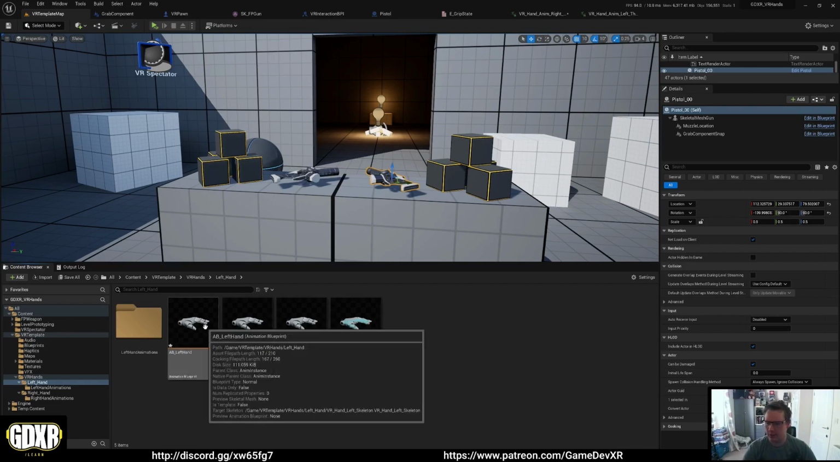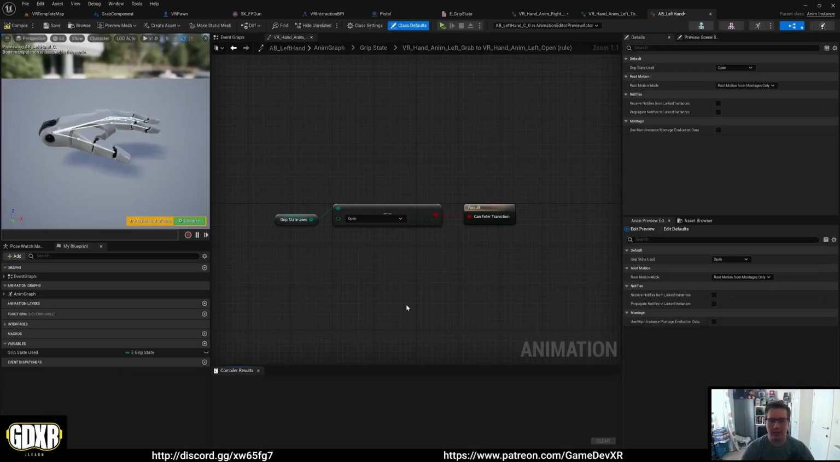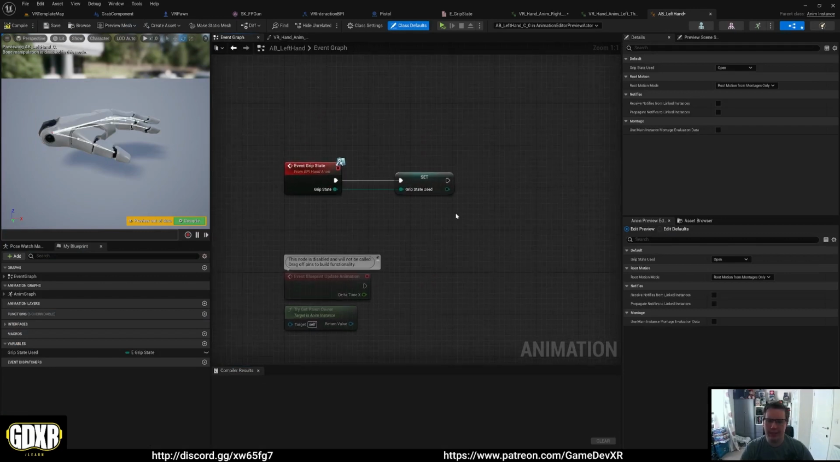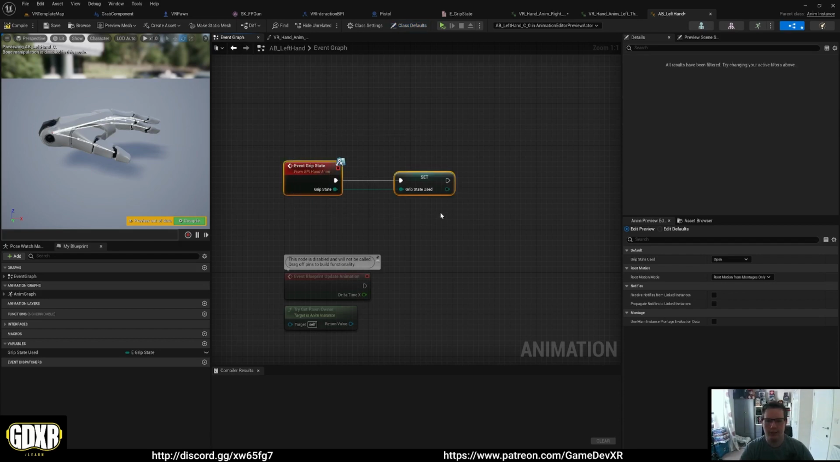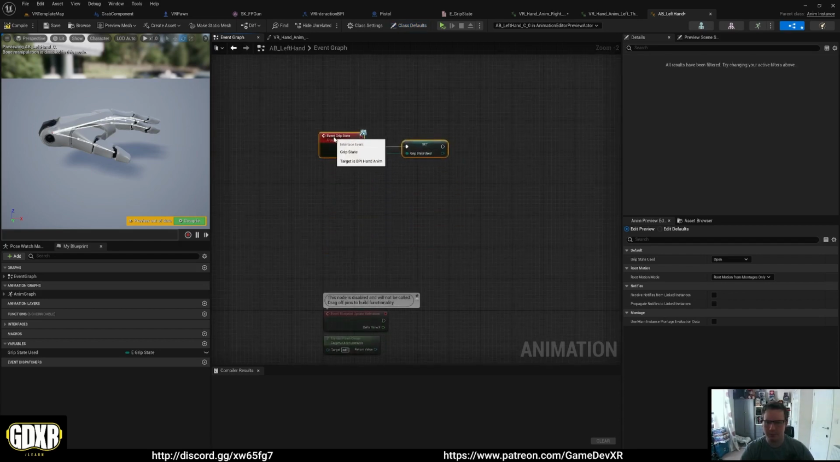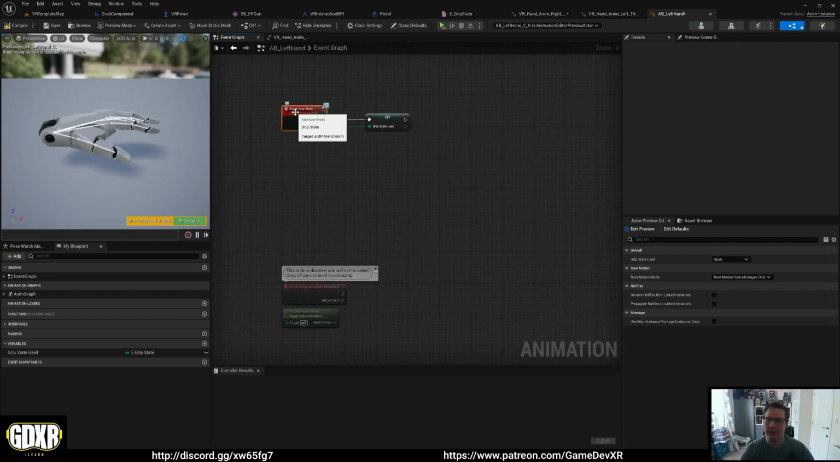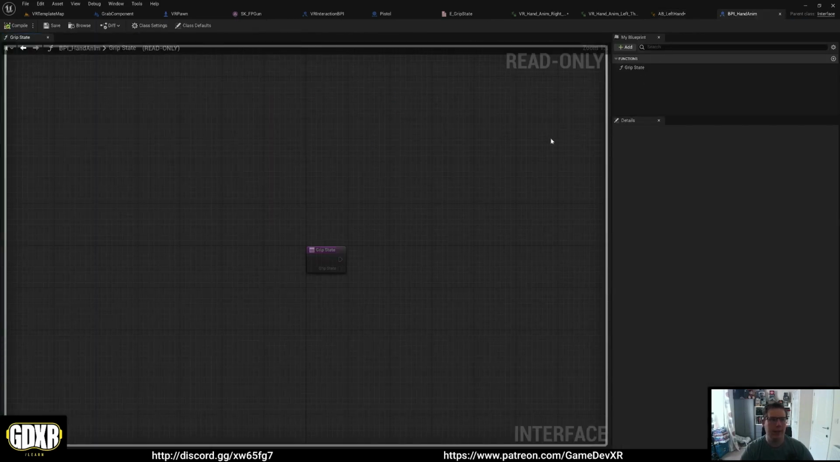So the first thing we're going to do is open up our animation blueprint, and I'm going to start with the left hand. We want to go to our event graph, and in here we're going to create some more blueprint interface events actually, so functions. So we're going to move this up. We want to keep our event blueprint update animation and try get owner pawn, because we'll use the event update animation later. So from here we're going to double click our blueprint interface, and we actually want to create a